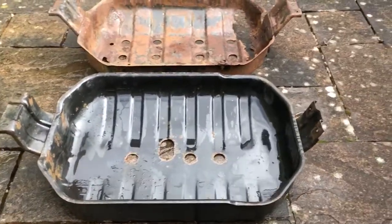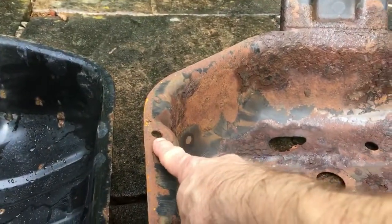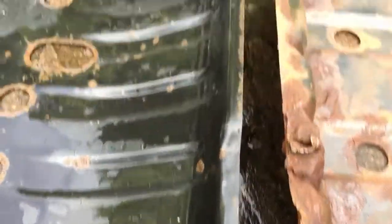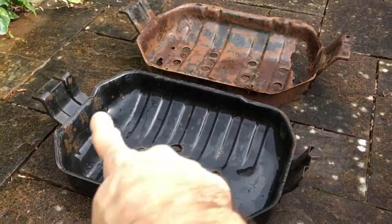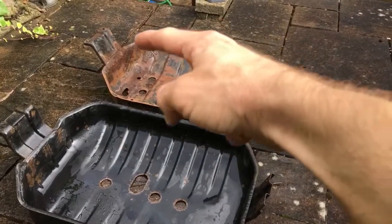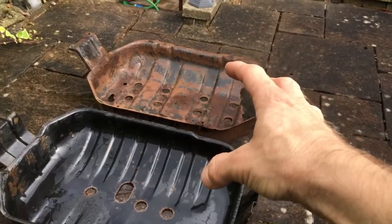One thing I have noticed, strangely, is that the Frontera tank has the bolt holes for the straps which go over the actual tank, whereas the Trooper one doesn't have those, so the tank obviously just literally sits in it. But it does seem to be a slightly tighter fit, to be honest, because that is ever so slightly narrower from there to there than that one is. That one has got a bit of a gap around the edge of the tank, so the tank is not...